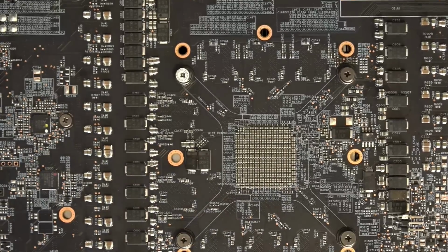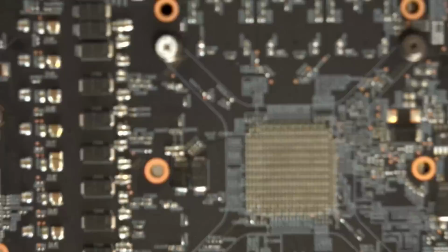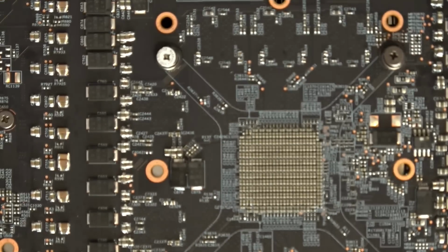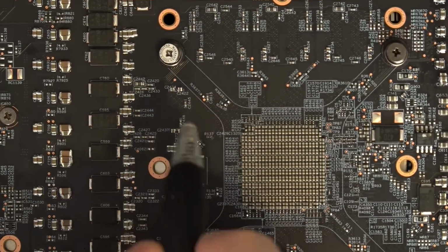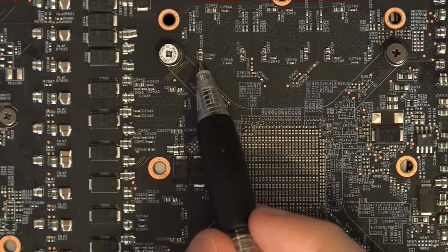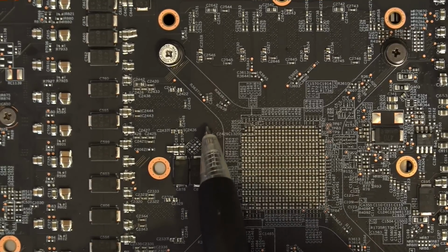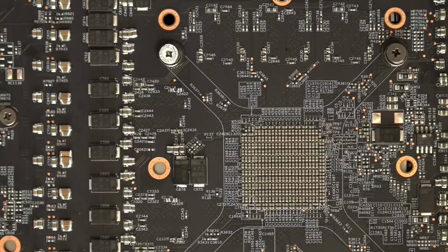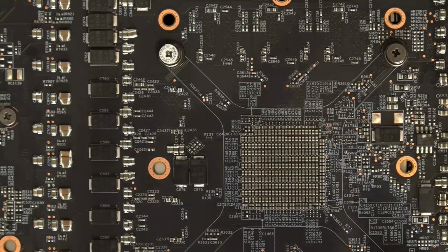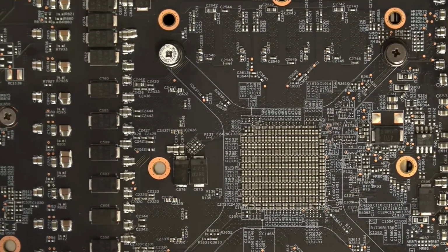Other than that, the memory also has some extra capacitors on it, like these guys. That's this right here, right? You can see that there's two of them right next to each other, and this is sort of inspired by NVIDIA. Because if you look at how NVIDIA does their filtering for their memory chips on their GDDR6 cards, and then you compare it to how AMD does it,